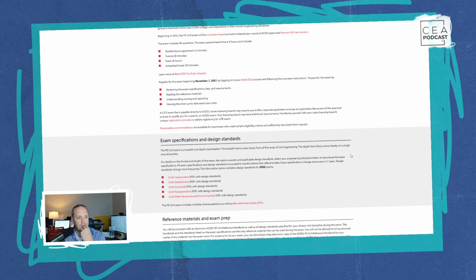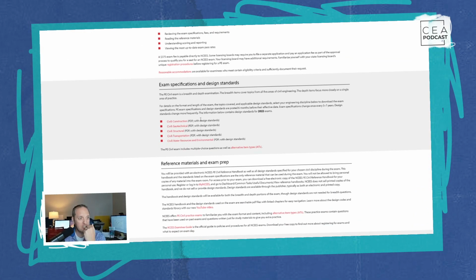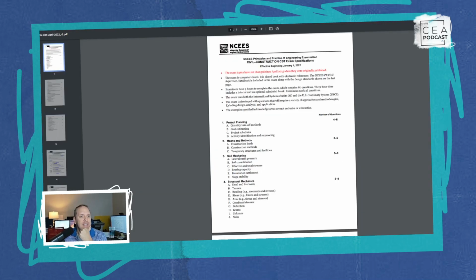All right, let's go ahead and do a deeper dive into the construction specifications. So if you go to the NCEES website, you'll go find the construction specifications. These topics have not changed since April of 2015 when they were originally published. They made these effective on January 1 of 2022. So I find that interesting. So they might be due for an update, but right now they're just worried about getting all this stuff into